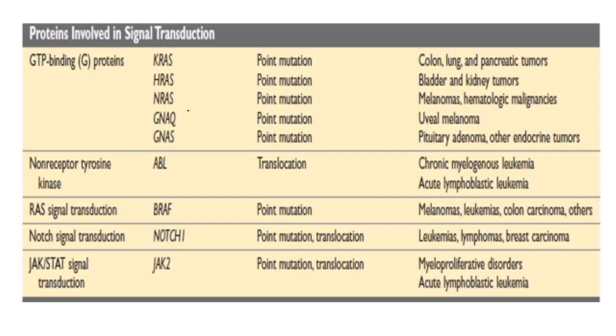JAK-STAT as earlier. So what do we mean by Notch signal? Notch is also an important signal transduction molecule. In fact, Notch is the one which directs the cell toward which kind of differentiation it undergoes. In leukemias and lymphomas, the initial event happens in the stem cells. Instead of being directed to form one particular lineage of cells, they are mutated and proliferate instead of differentiating into normal cells. So a Notch mutation may be the reason why differentiation is halted and there is increased proliferation of the stem cells.